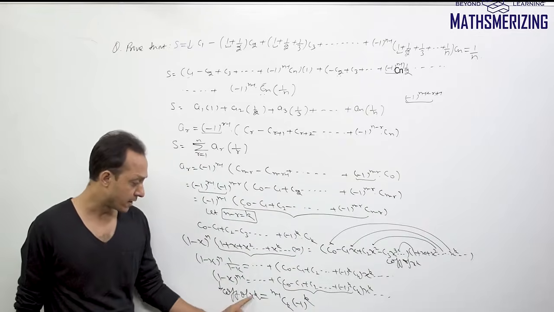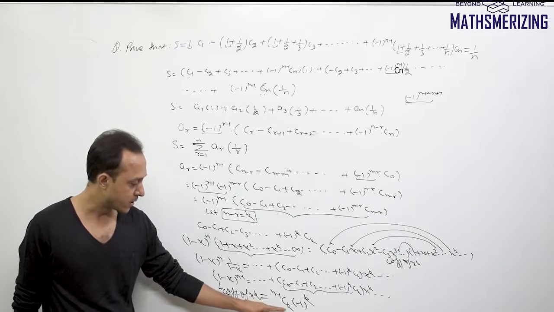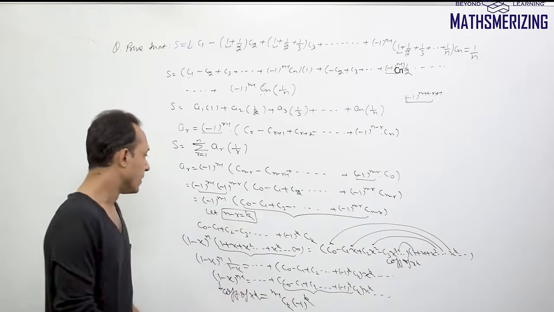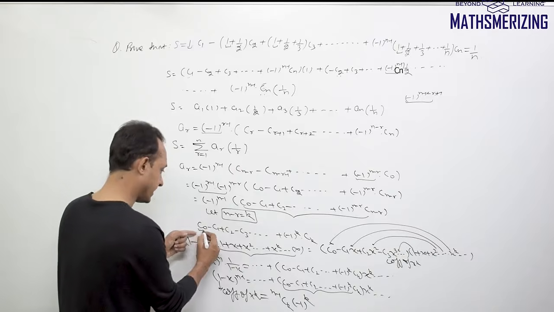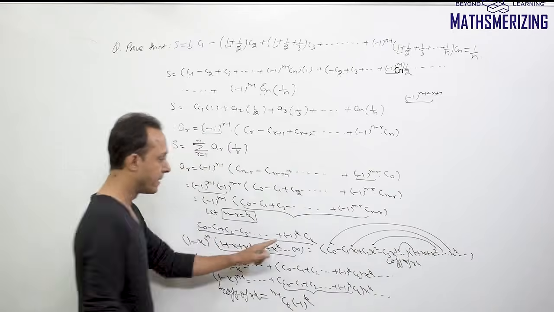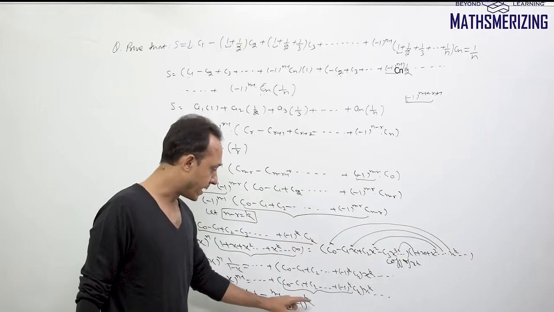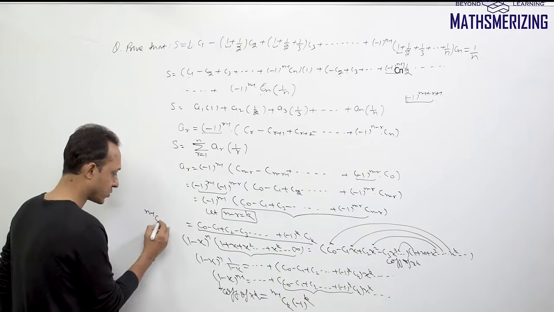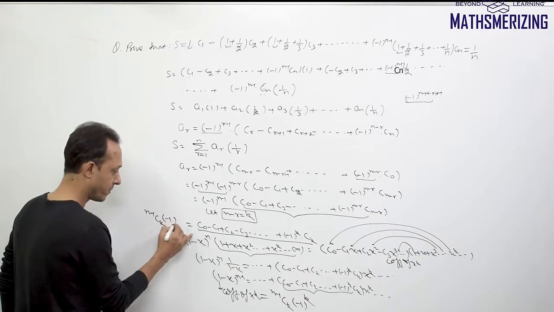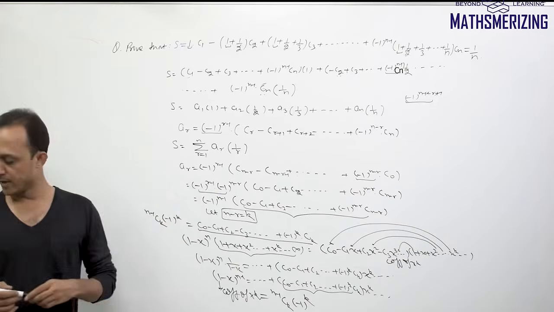So in this case, the coefficient of x to the power k we can find from its general term, which is n minus 1 ck minus 1 to the power k. So this series, which is C0 minus C1 plus C2 minus C3, up to minus 1 to the power k ck, is nothing but n minus 1 ck and minus 1 to the power k. So it will be n minus 1 ck and minus 1 to the power k. So basically I can write this AR as